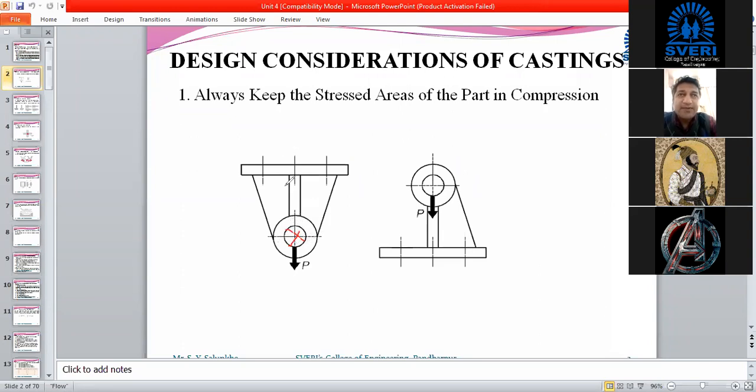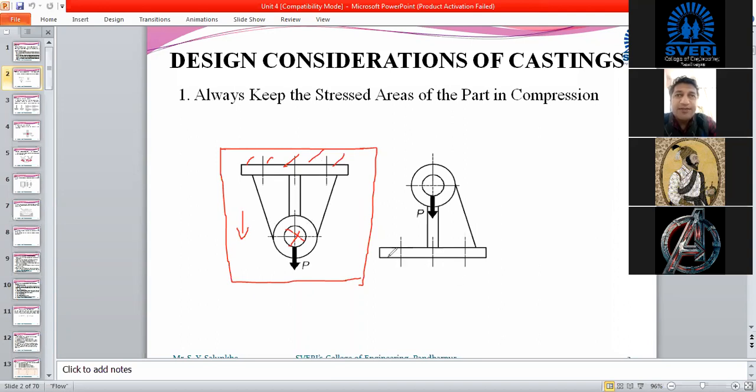One can use this component in such a way that it is in a hanging condition, that is, support is provided from the upper side. Then this component comes under tensile load, because the total load acts in the downward direction because of gravity, and hence tensile load is provided in this bearing support.